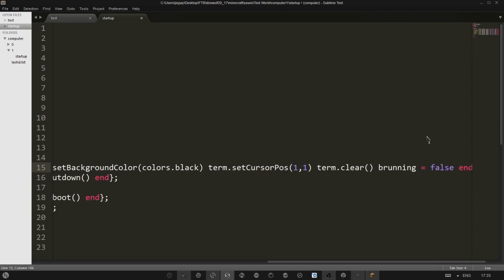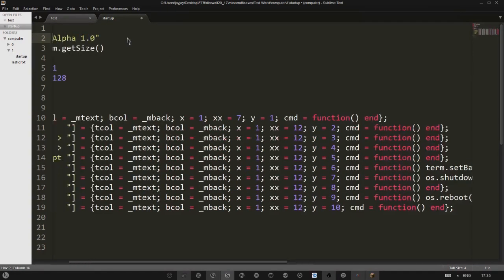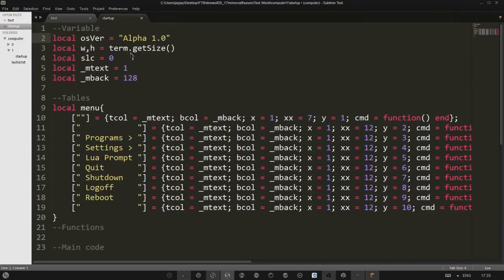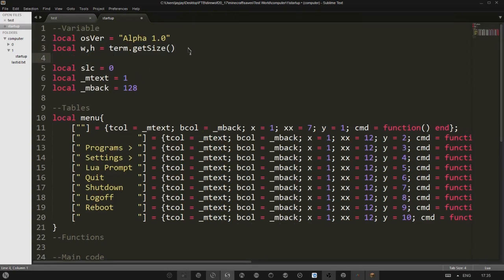and end that. I'm going to come back up to my variables section here. I'm going to set the b running value, which I'm going to set just above the selected content. So local b running equals true. I'm going to use this for the actual program loop. So while it's set to true, the program will run. When it's set to false, the program will end. Simple, self-explanatory. So Lua prompt, I'm not going to put anything in there yet because that's going to be a